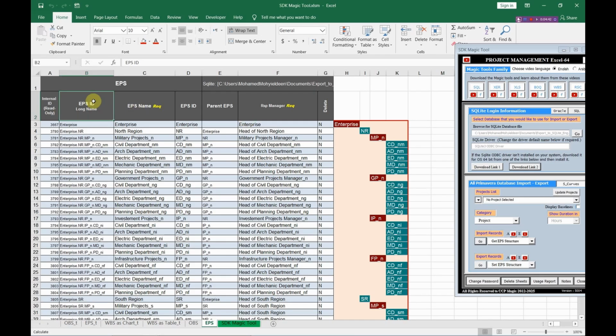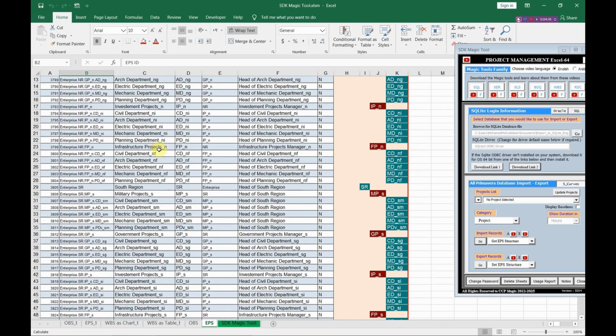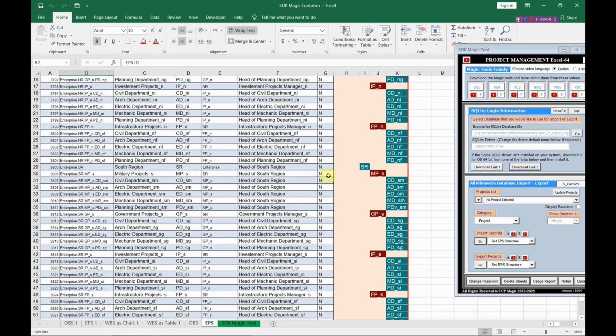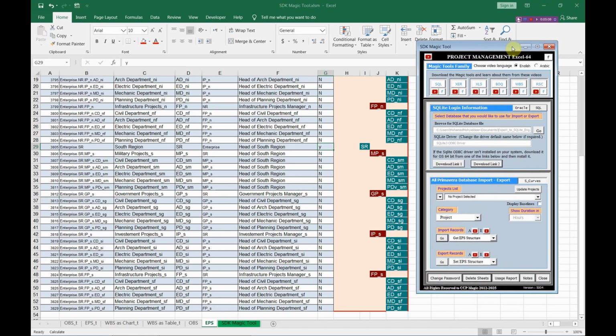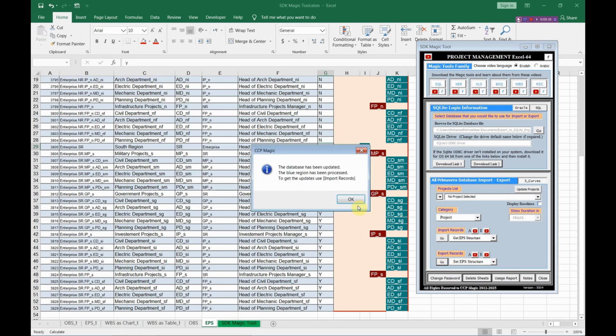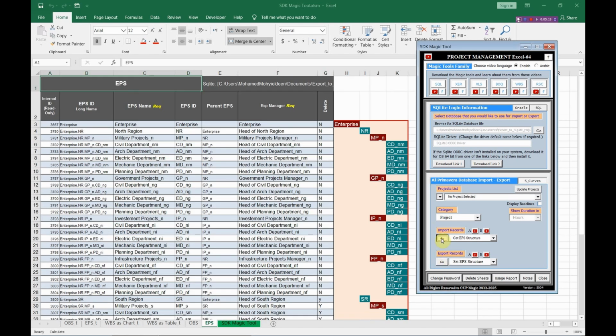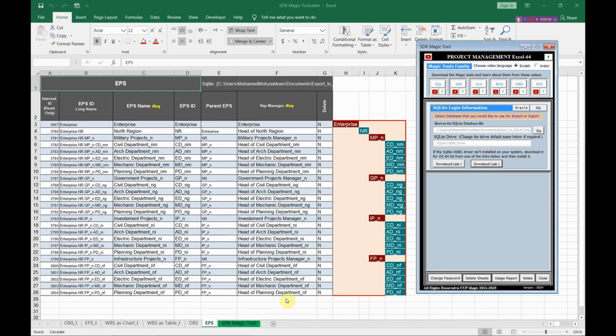For example, if we intend to delete the bottom part, to see how you can use the SDK Magic Tool, all we need is to change this N to Y, and this item will be deleted, and also all of its children will be deleted at the same time. Let us send these modifications to Primavera. As you see now, let us import the new EPS. As you see, the bottom part